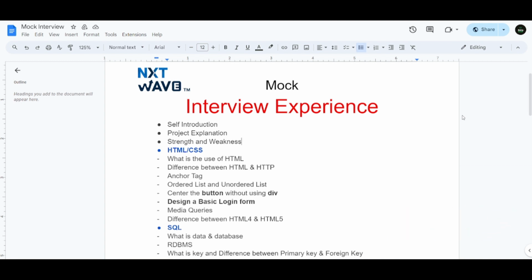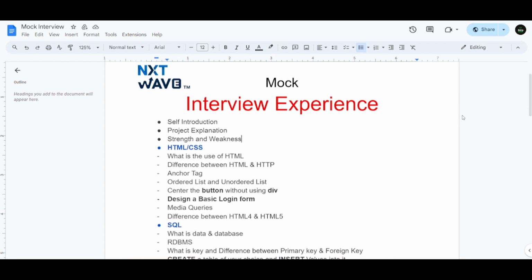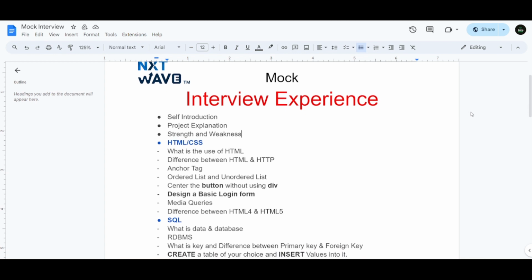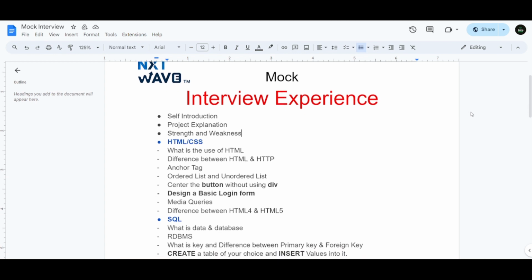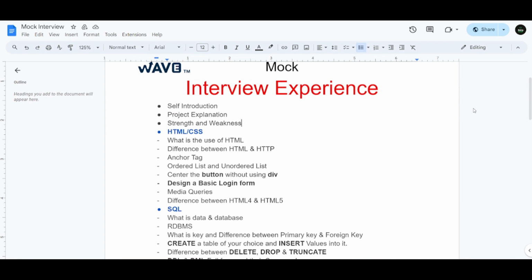and weakness. And coming to the technical part, they started with HTML and CSS. Where in HTML and CSS, they asked about what is HTML and the difference between HTML and HTTP, and questions on anchor tag and ordered list and unordered list and the types. And they asked me to center the button without using the div element, and